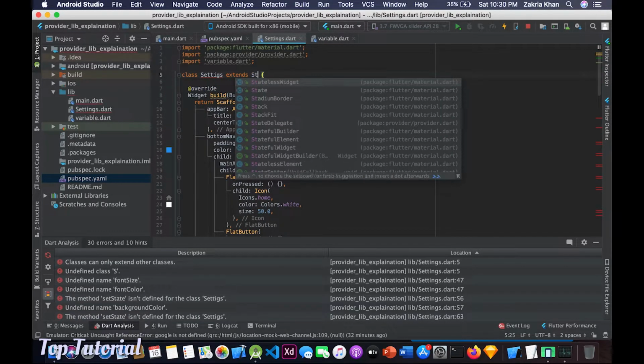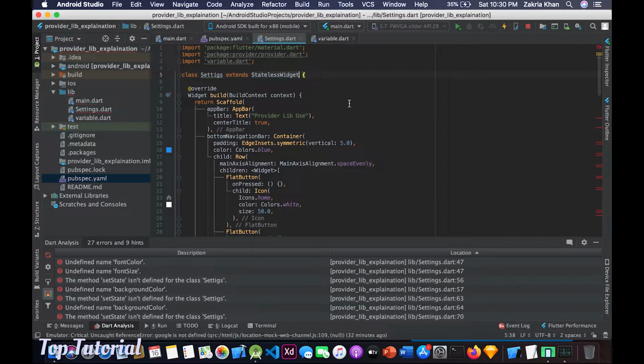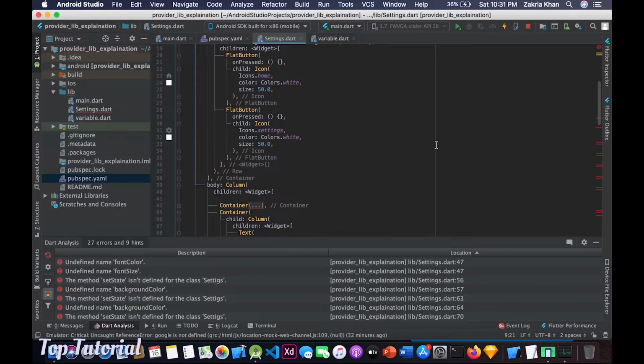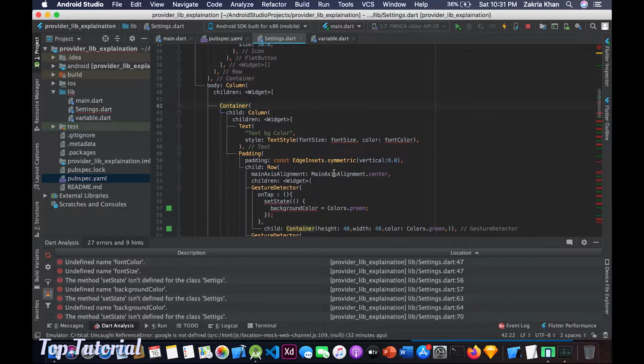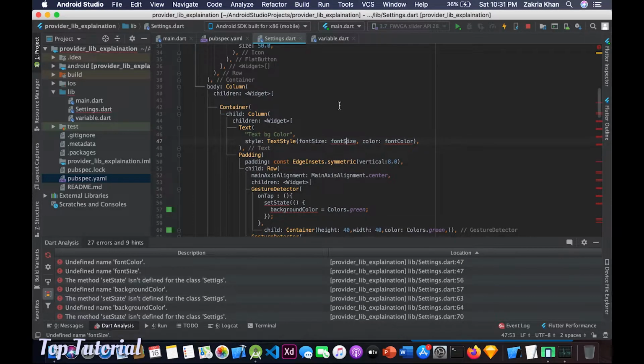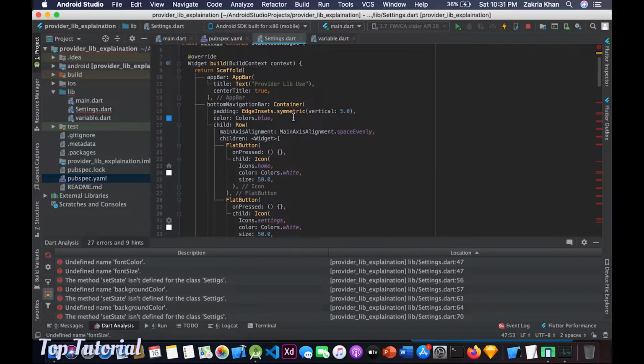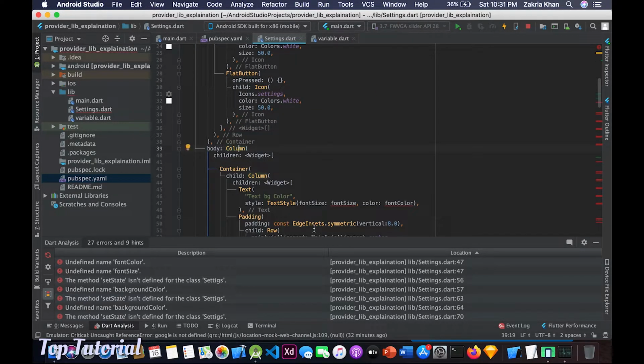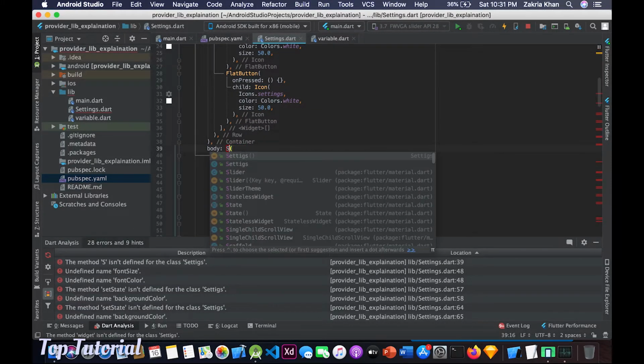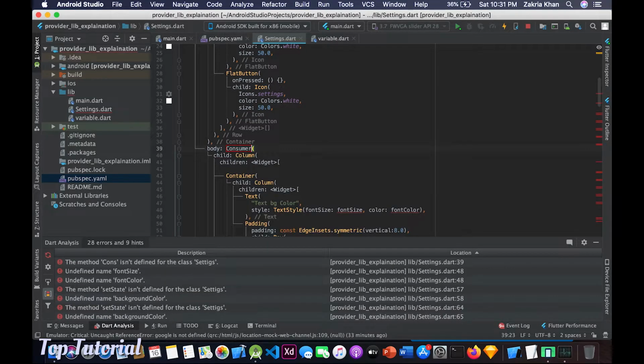to stateless widget. Now remember, it is not necessary to convert a stateful widget to a stateless widget. Consumer also works, provider also works with a stateful widget the way it works for a stateless widget. So if you don't want to convert the stateful widget to a stateless widget, then it's okay, it will work completely fine. Now here in the body, column is the top level widget, and here we will be wrapping it with